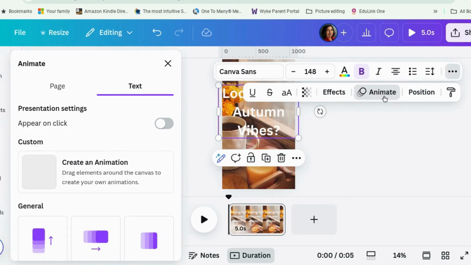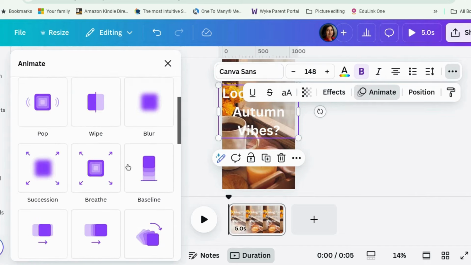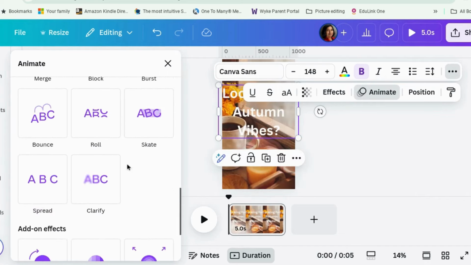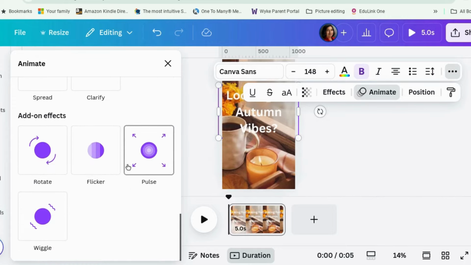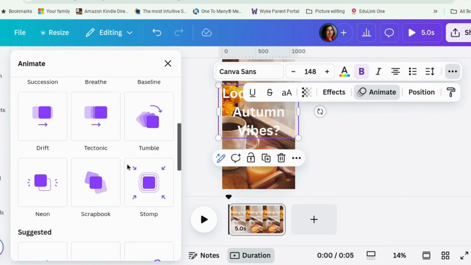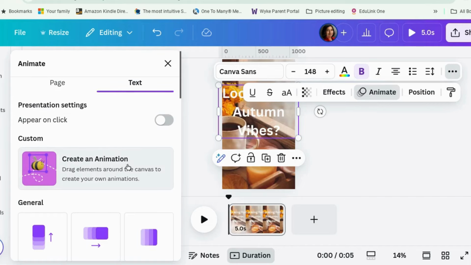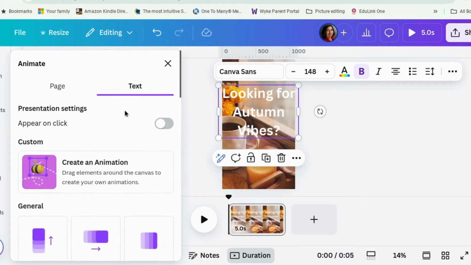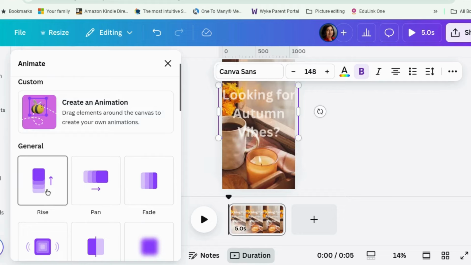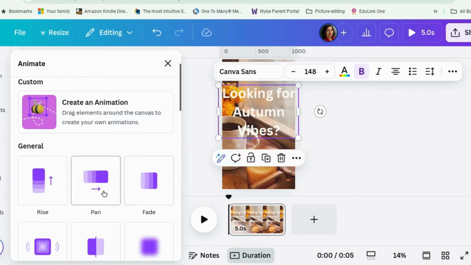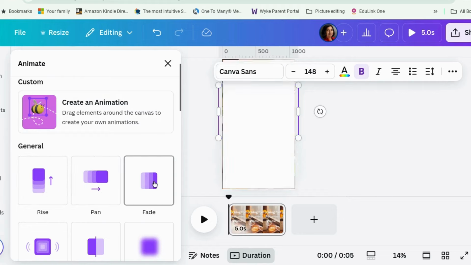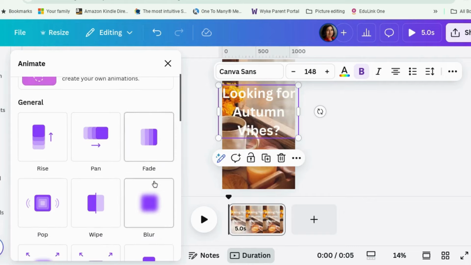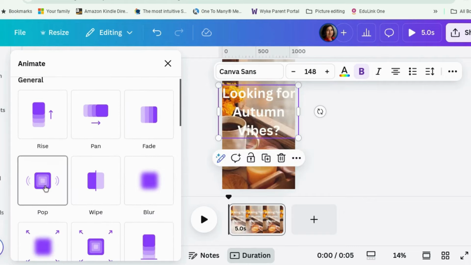So the first thing we're going to look at is animate options. Now, if you didn't know about the animate options, there are loads. The interface has changed somewhat, but the actual options haven't. I haven't covered these before. You now have a page option as well as a text option. First of all, the text options. You can have rise, where your text rises from the bottom, pan, where it comes in from the side, fade, where it just fades in, pop, which is my favorite, pop, just goes pop, wipe,